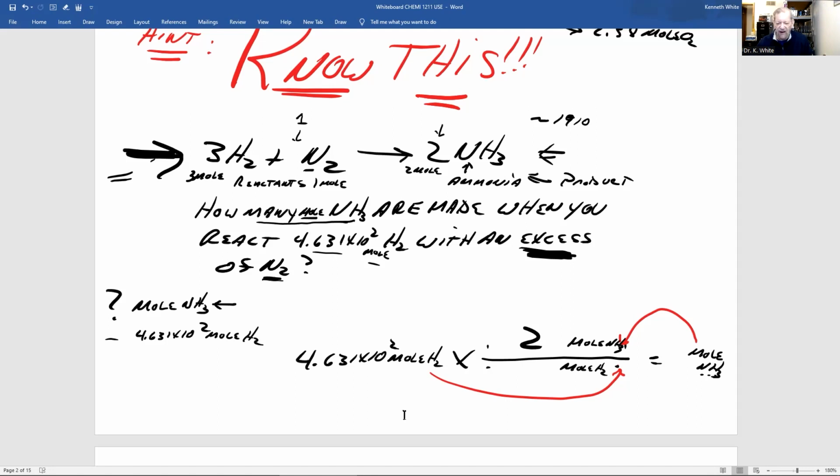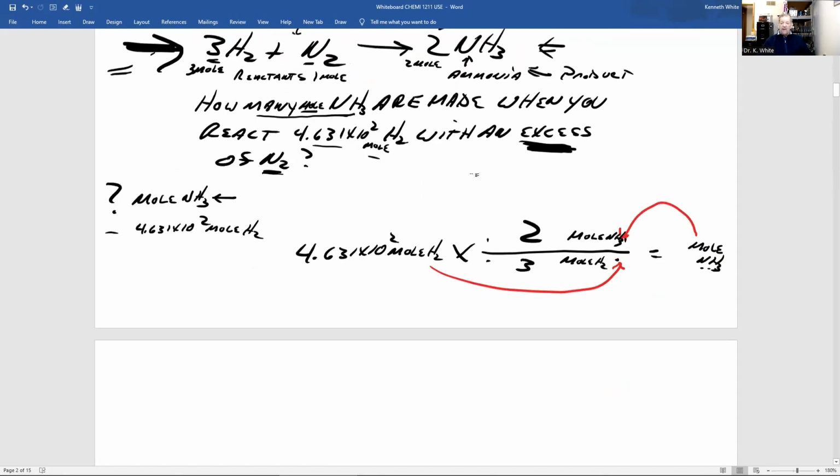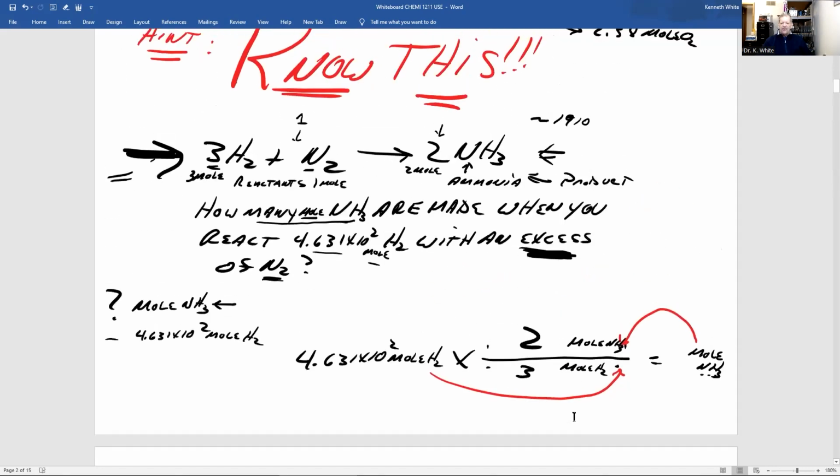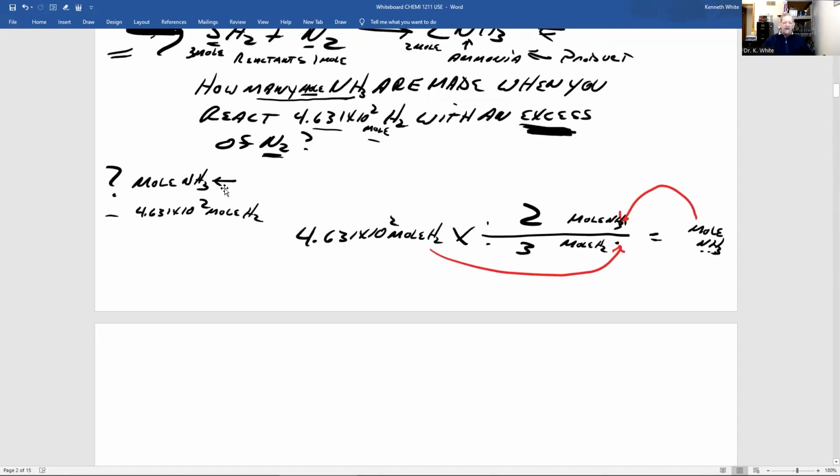How many moles of hydrogen are needed to make 2 moles of ammonia? 3. Again, you get these numbers from the coefficients, the numbers in front of the formulas in a balanced chemical equation. The 2 comes from the 2 moles of ammonia. The 3 moles of hydrogen comes from here. Now, before I pick up my calculator,